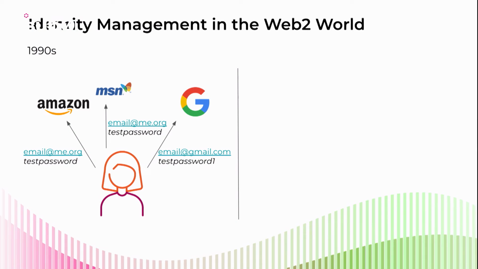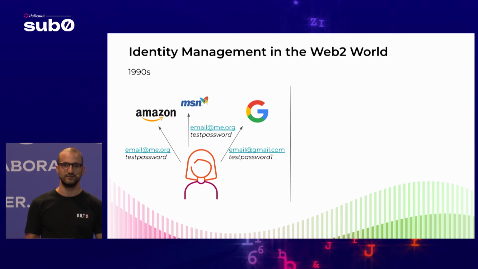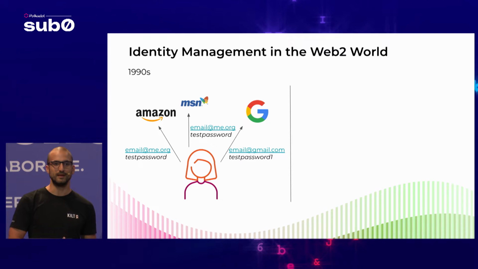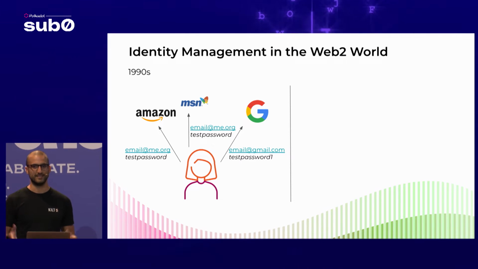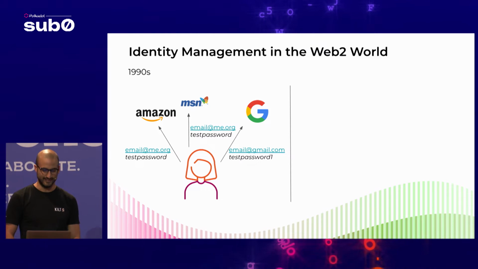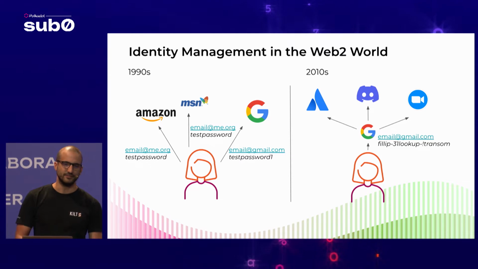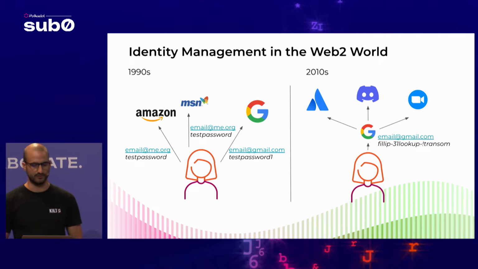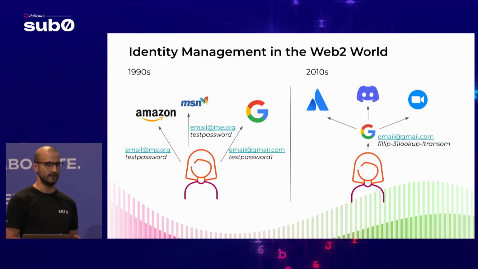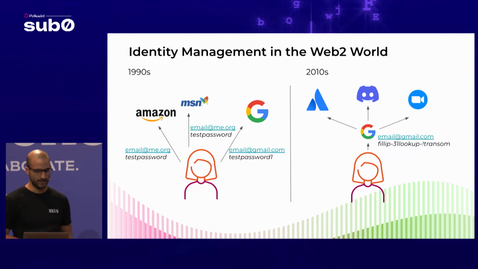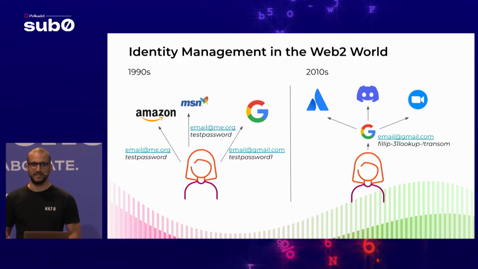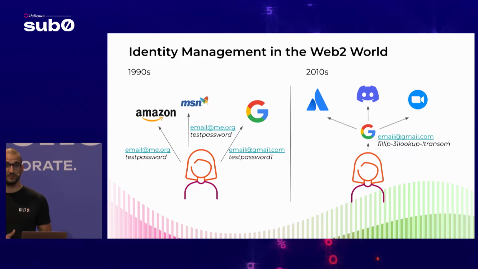Before explaining what DIP is, I'd like to trace a very brief history of how identity management has changed over the years. In the 90s, if you are old enough, you would have different services and you would have to configure different accounts for each of the services. Maybe 3 different email addresses, 3 different passwords, or the same password everywhere, with all the implications that has. The natural development 20 years later, in the 2010s, was to improve the user experience by somehow centralizing account management or identity management. And this apparently represented a win-win situation for both the users and the services.